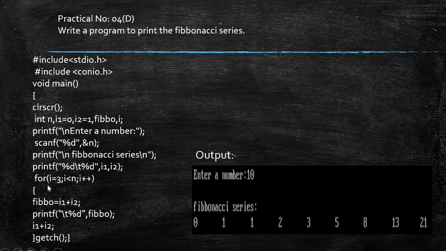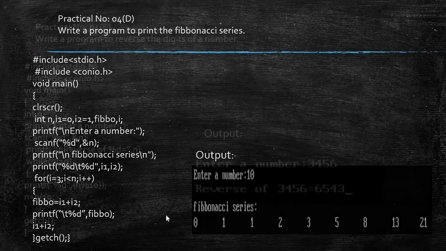Now after that my process is there, the for loop is there, we initialize the i variable with value 3. If that 3 is less than n, which is the number the user has entered, it will go on incrementing. Through i1 plus i2, that answer will be stored within the fibo variable so that we can print it. So every time we increment i1 plus i2, and accordingly we are getting the output over here.